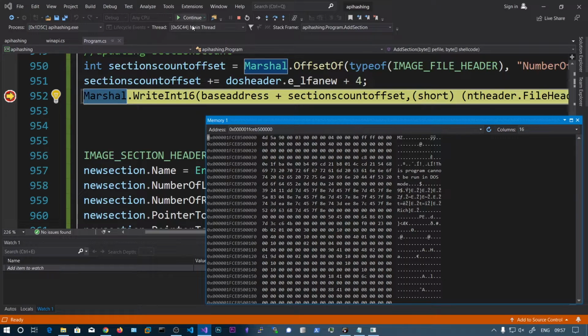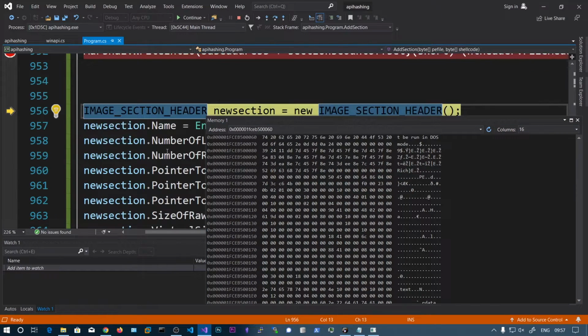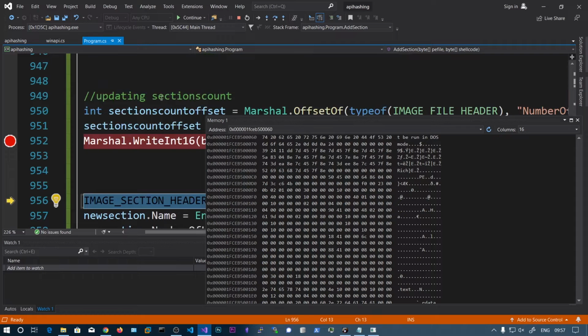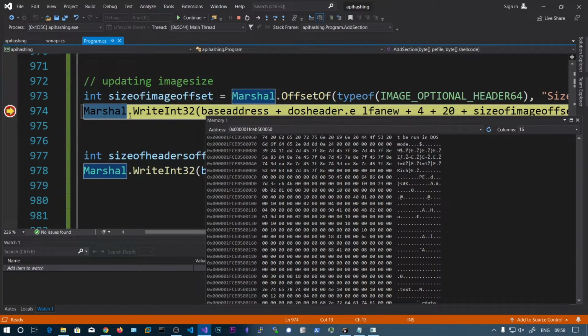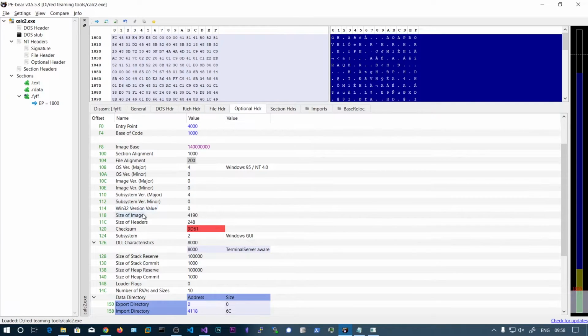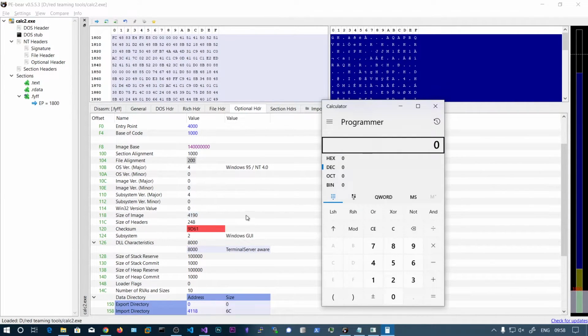Oh, it also hit the breakpoint. So 03 should be changed to 04. Yes, we can see. And now where is this breakpoint? So let's click on continue. At this point image size, so image size is 4190. So the new image size will be